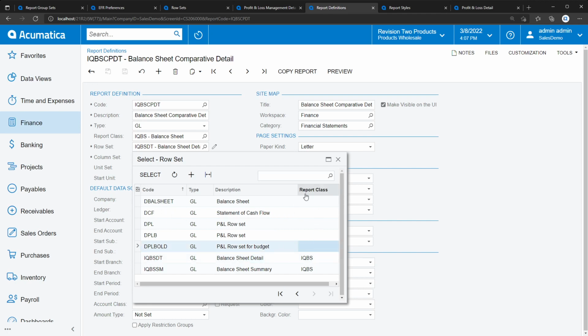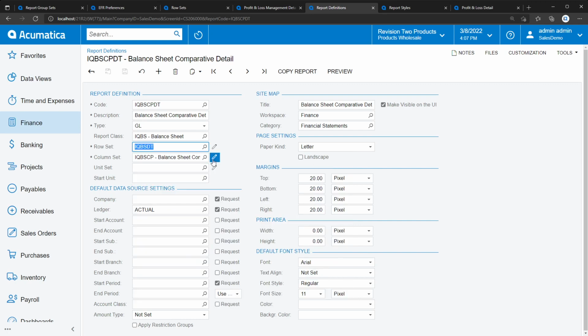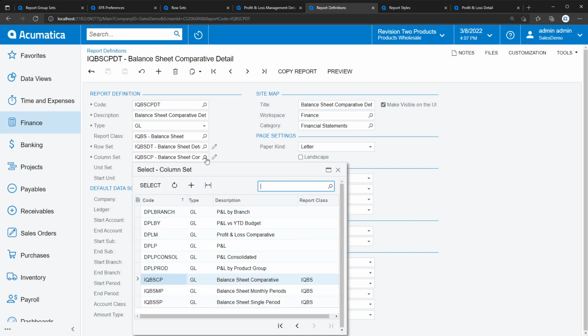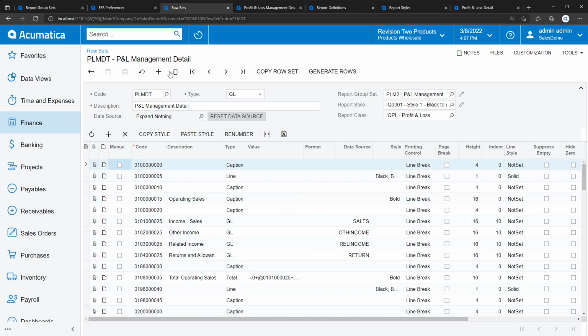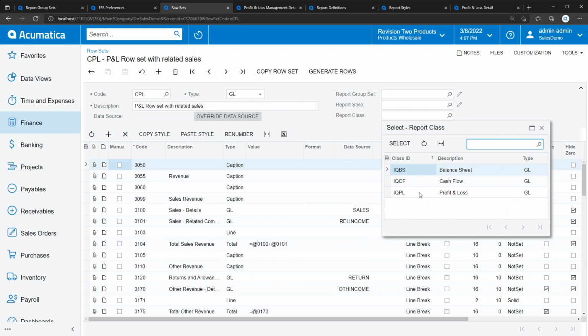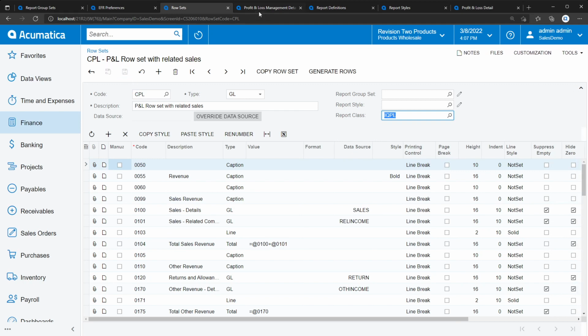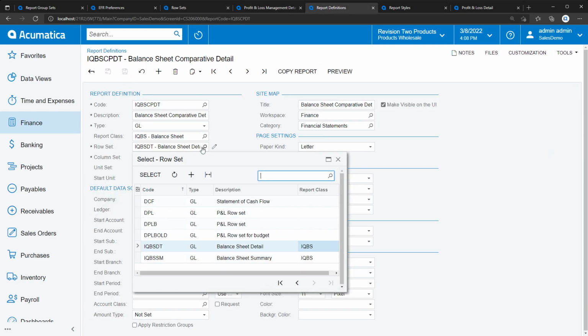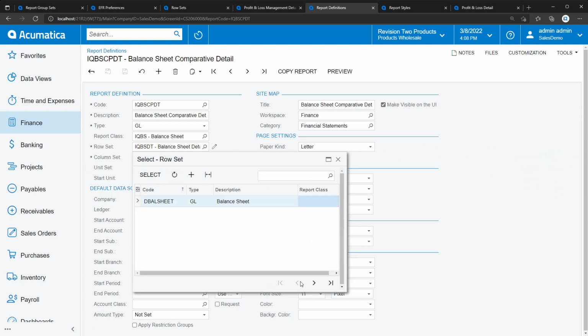So these are the default Acumatica that don't have a report class. If you have any existing reports that you want to keep and you want to make sure that you don't build a P&L report definition with a balance sheet row set and P&L column set, you can assign the existing ones. So if I go to an existing Acumatica one, I can give it a class. And I can say this is a P&L, save it, and next time I'm selecting the row sets, I can only select